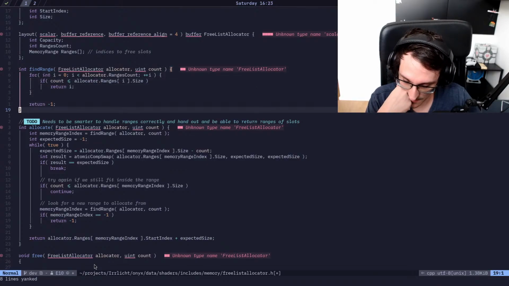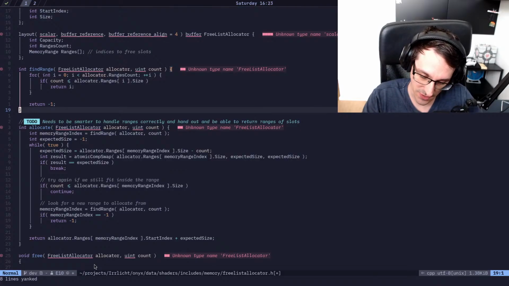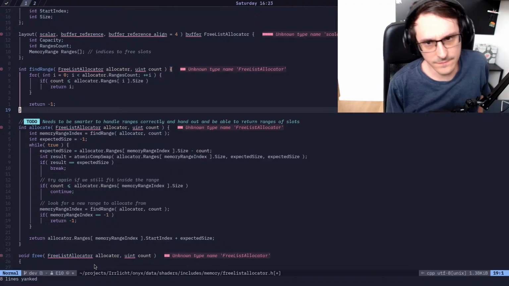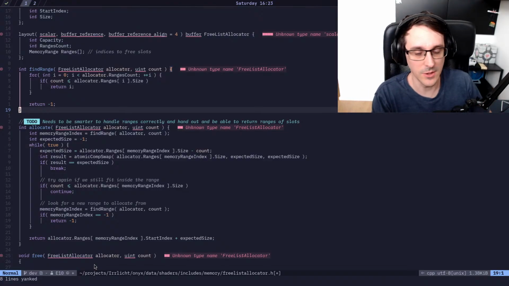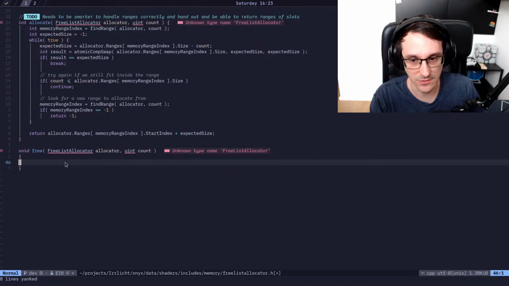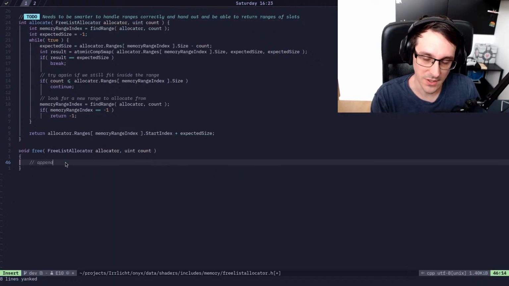And I guess that's kind of unique in a way. And then otherwise we would add a new range here. That's the idea, right? So either we append or increase